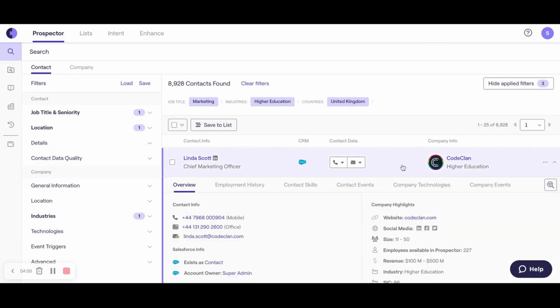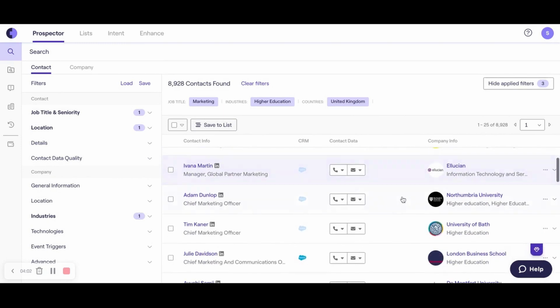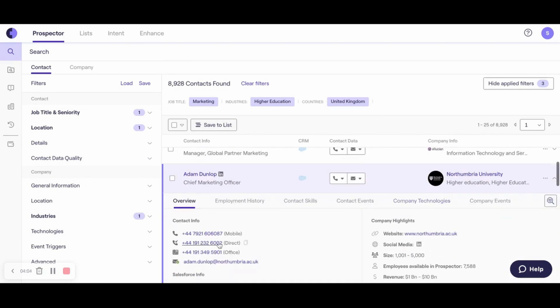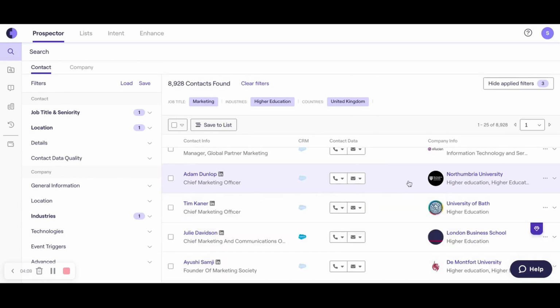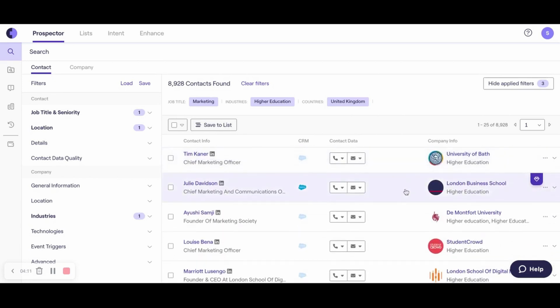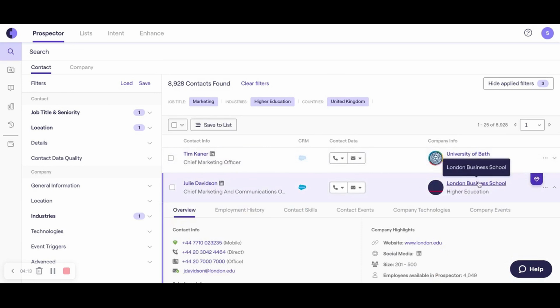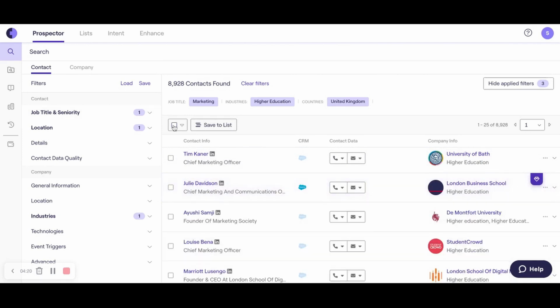CMO at Code Clan, Northumbria University CMO, mobile direct office. Again, there's that diamond button, guys. Yeah, Chief Marketing and Communications Officer at the London Business School. Again, that's already a diamond record. Mobile direct office. And again, if you wanted to start putting these people into a list, you would have to